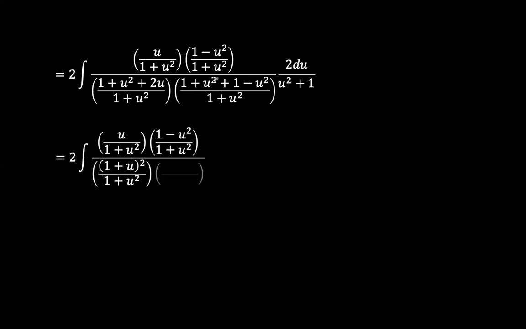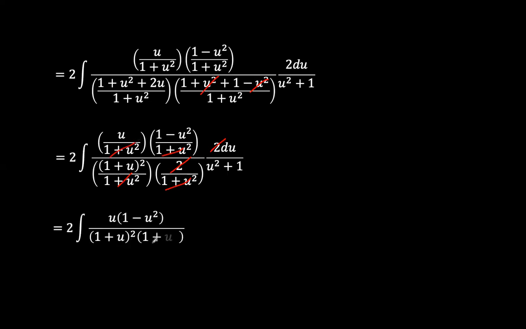And then here, this term and this term goes away, so we have only 2. So the thing that we can see here is that this cancels with this, cancels with this. And now we're left with u times (1 minus u squared) over (1 plus u squared) times (1 plus u squared). This 1 plus u squared comes here, right? Then we can now